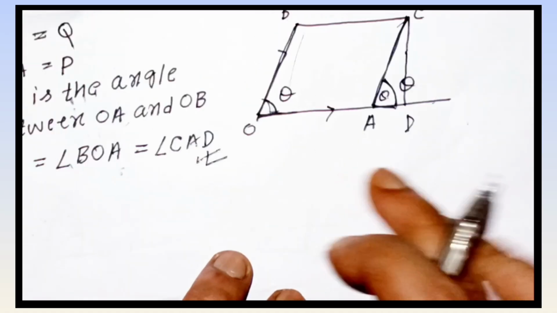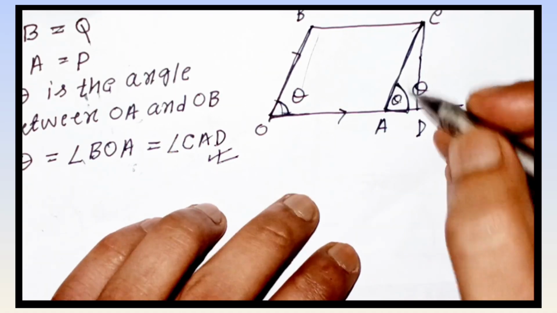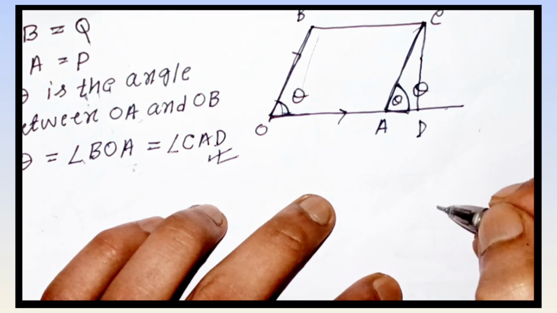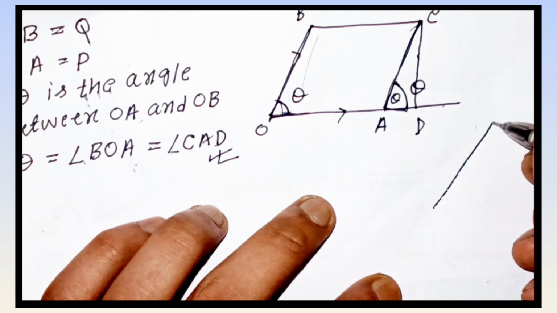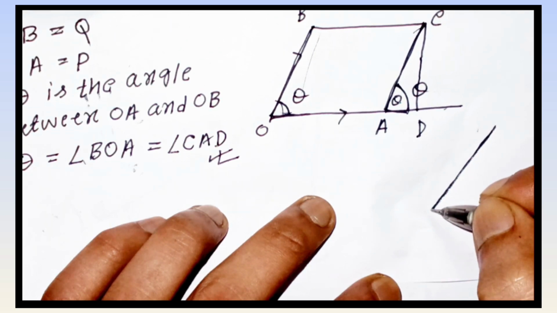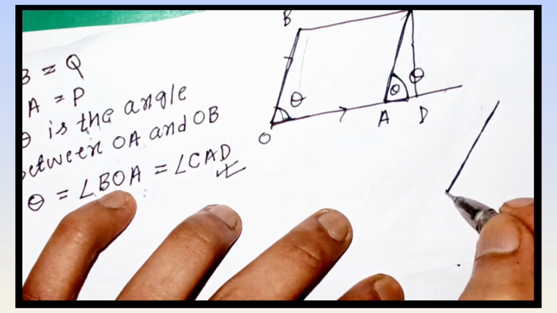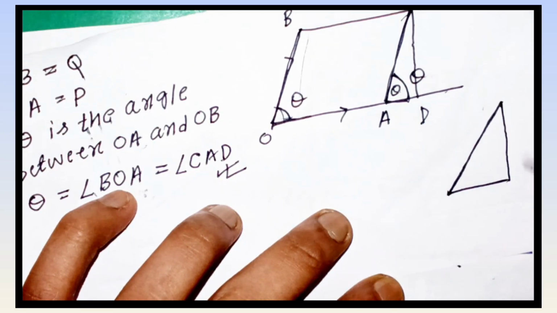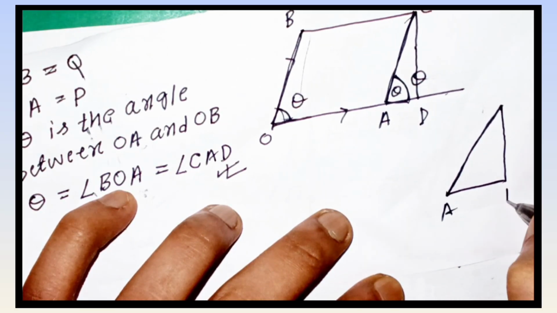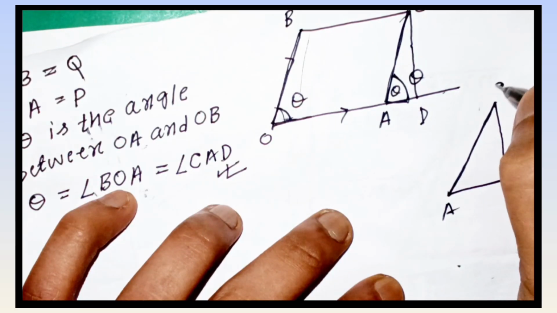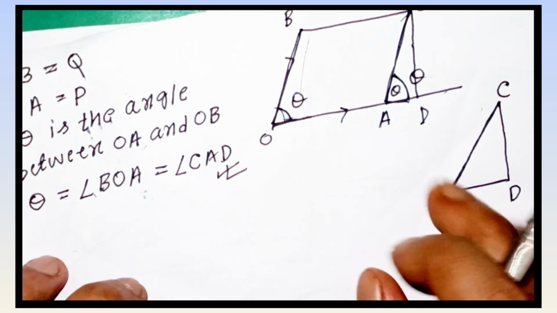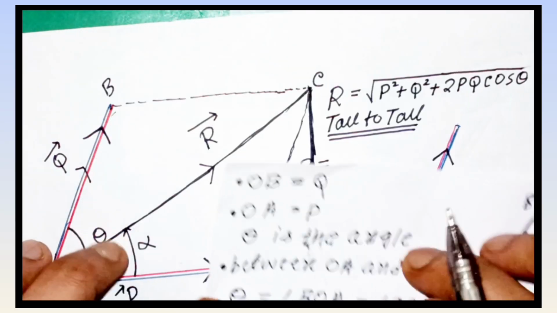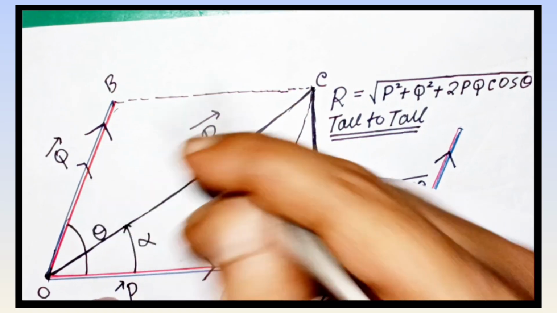Okay. Anyways, dear student, look, there is a small triangle here. I am drawing the small triangle separately because now we need to know the lengths of all three sides of this small triangle. Each and every line, every word, every step I am explaining in an easy way so that even a sleepy potato will understand.